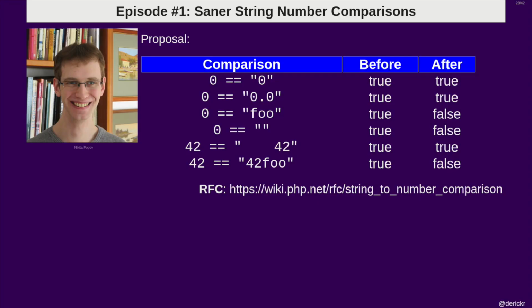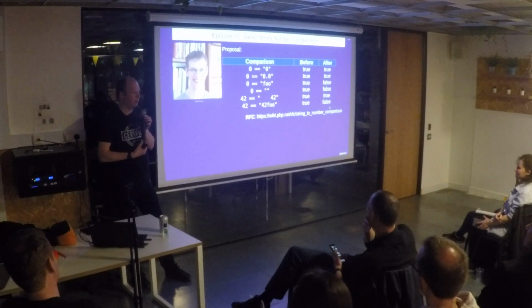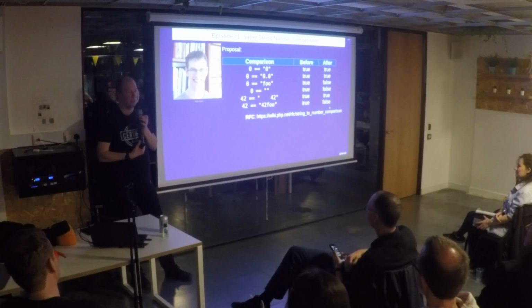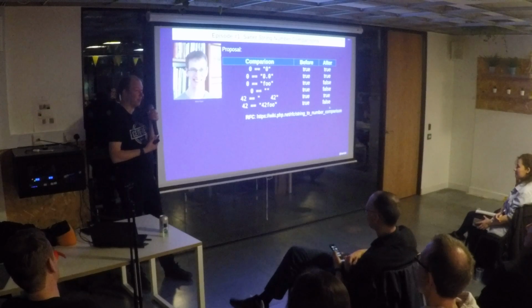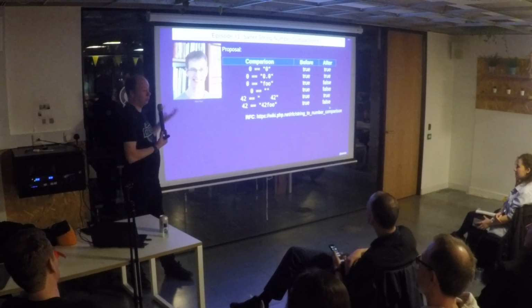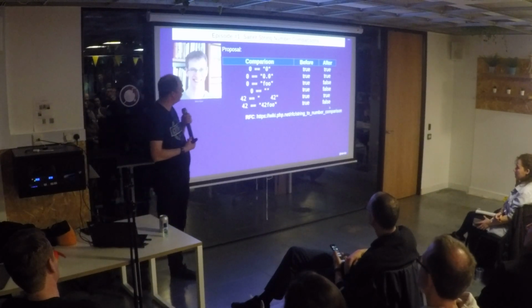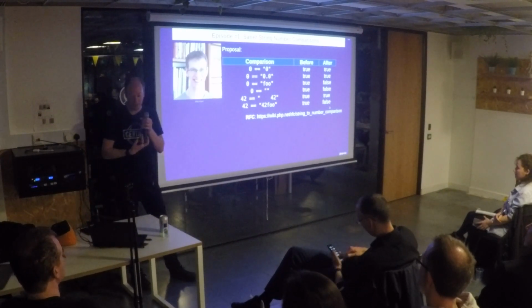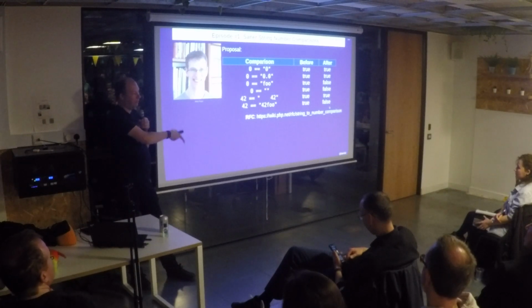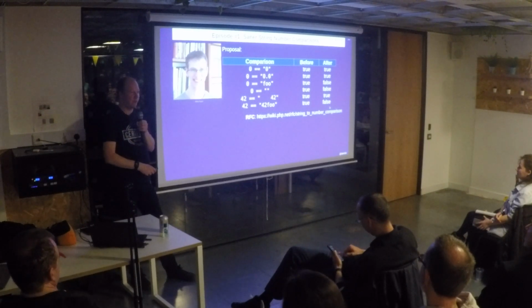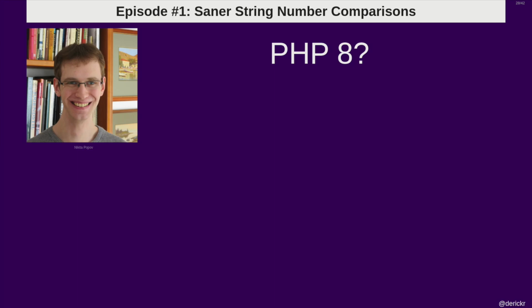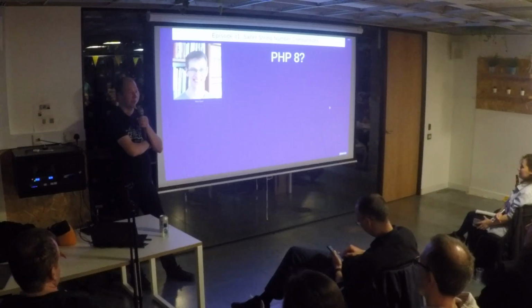Anyway, in the first episode I spoke with Nikita Popov. If you don't know who he is, he pretty much writes 70 to 80% of the new functionality in PHP right now because he's employed by JetBrains, purveyors of nice IDEs, to work on PHP full-time, which is excellent. So in episode 1, I spoke to him about scalar number comparisons. PHP has very strange comparisons with numbers, as you sometimes might run into. However, this didn't make it into PHP 7.4. So PHP 8 maybe? We don't know yet.